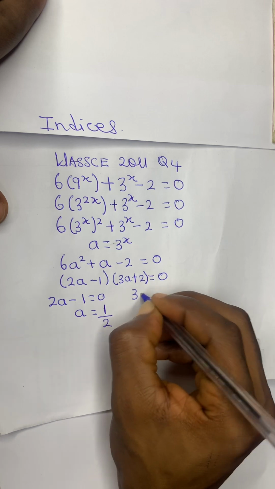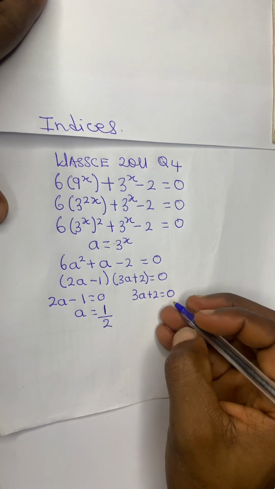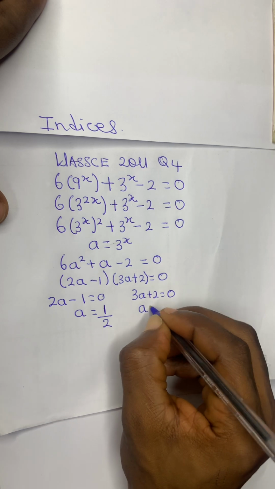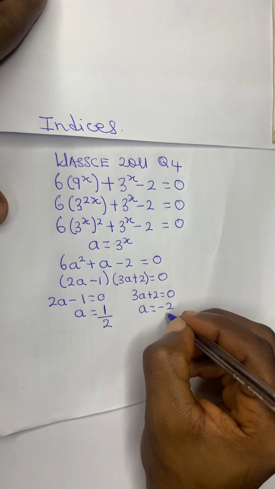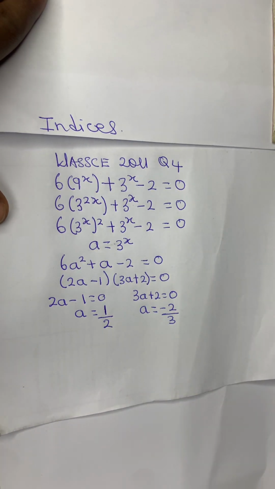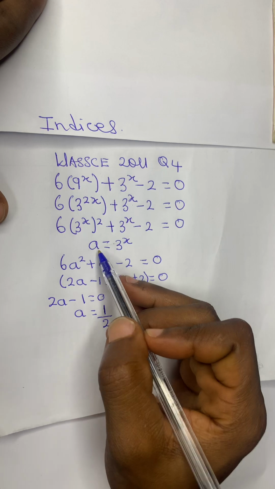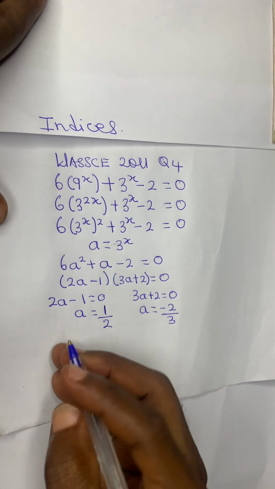For this, 3a plus 2 is equal to 0. Now, our a will be equal to positive 2, which becomes negative 2. And since 3 is a coefficient, it will divide. Now we are obtaining a as 1 on 2 and a as negative 2 on 3. Now we are not done, because we said that the a should represent 3 to the power x. So now we continue by saying that